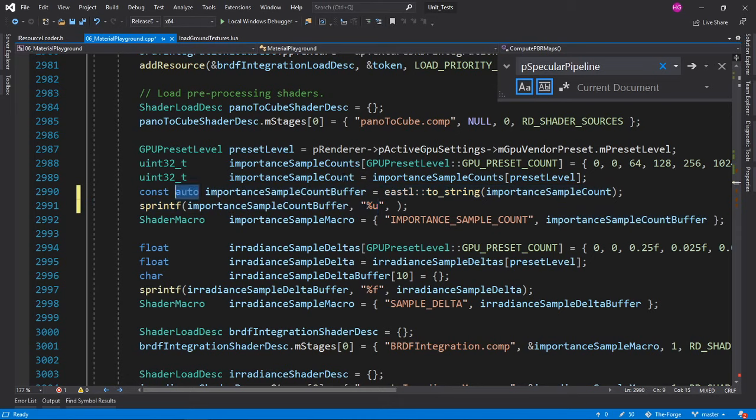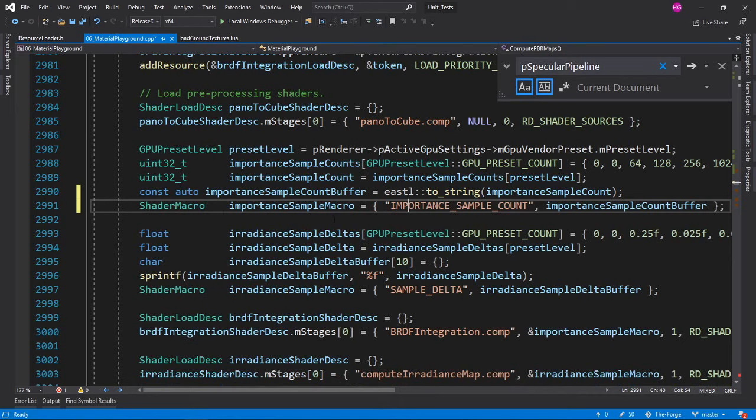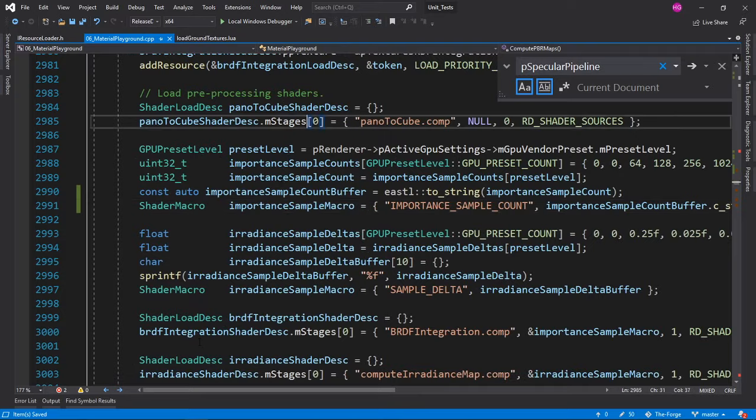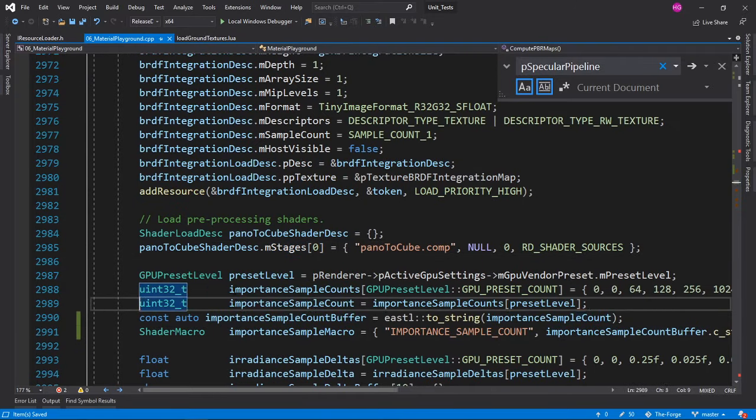Same with auto, but auto here is almost the actual use case of auto. You're just telling the compiler, figure out whatever it is, I'm not going to cause incoherence or inconsistency in the code. It will always be consistent with the type that toString returns. And from that type, I know one invariant, and that invariant is c_str, which I'm going to use here. So I know that whatever this type is, it does have c_str. I am using that.